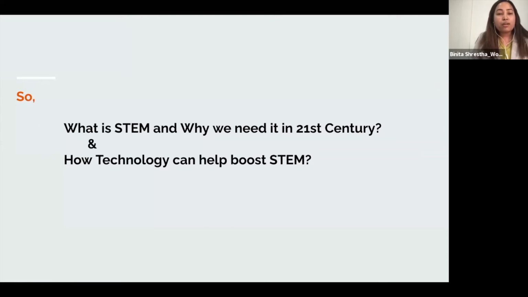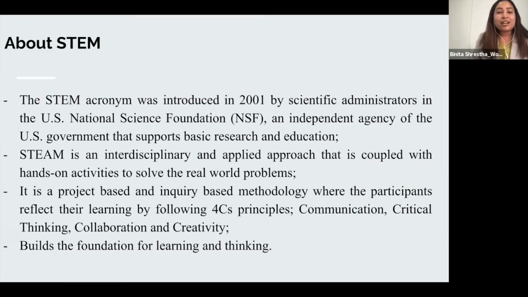So this is why we will be taking you through a guide on what is STEM and why we need it in the 21st century, and how technology can boost STEM. So starting with the definition of STEM itself,